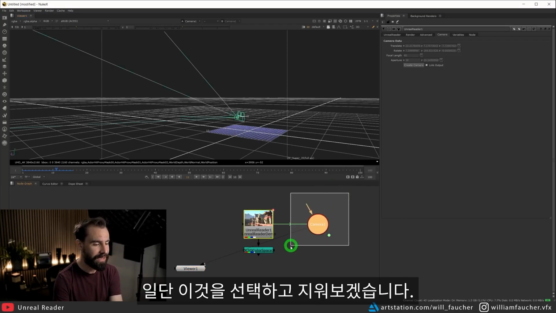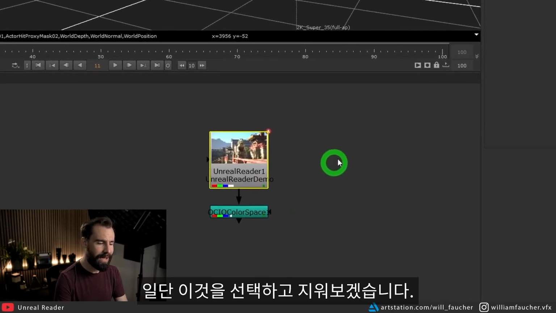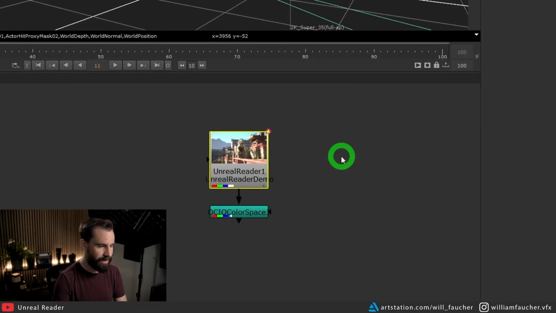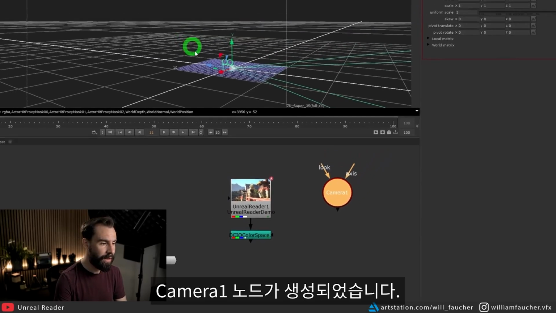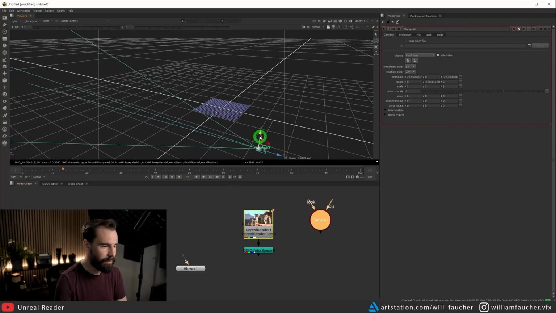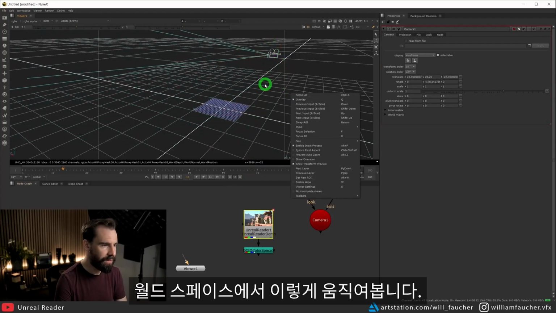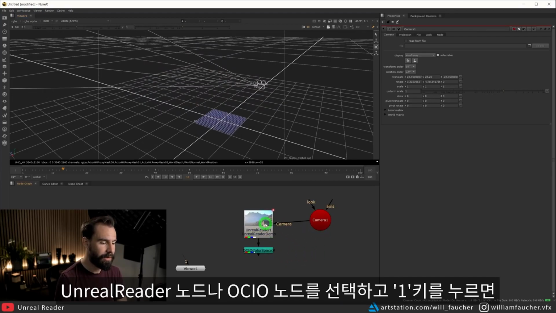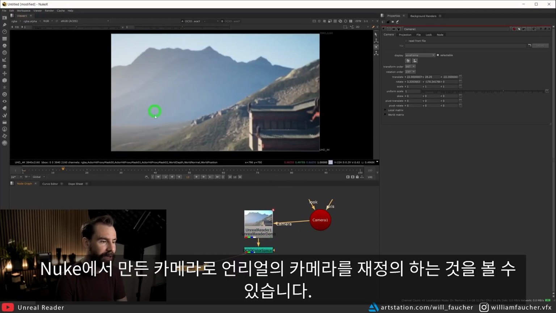So I'm going to select this here. I'm going to delete that, and I'm going to create my own camera. And now we have a new Camera1. I'm going to grab this, move it up here, move it up in world space like this. And now I'm going to connect this to my UnrealReader node. I'm going to click on my UnrealReader node or OCIO node, press the 1 key, and you'll see the camera